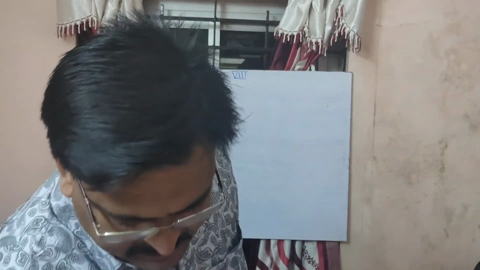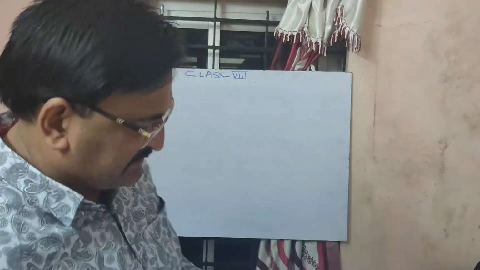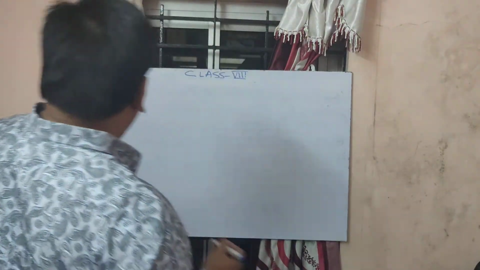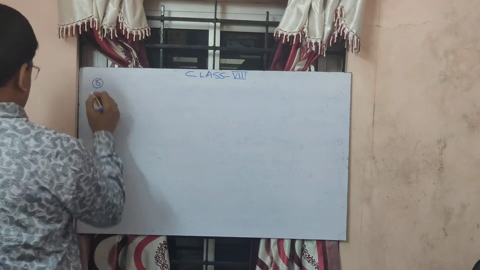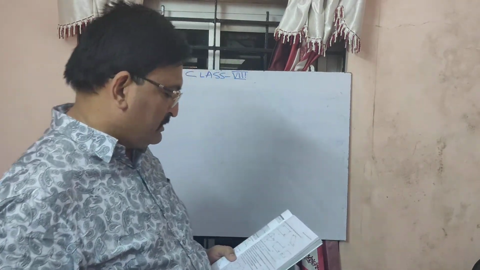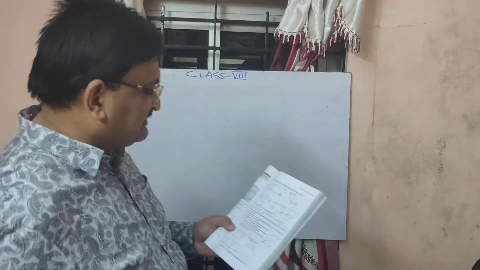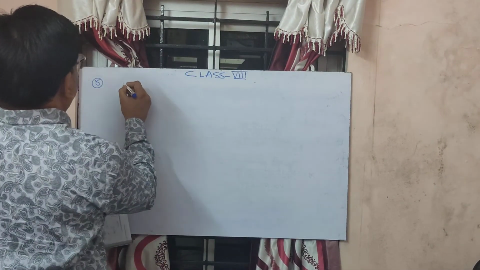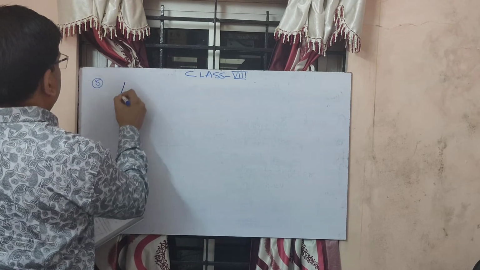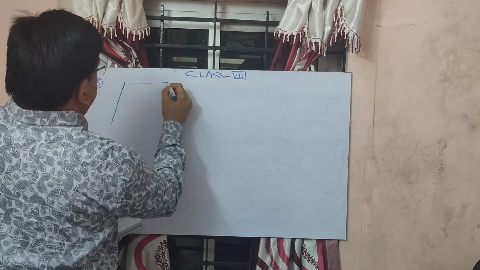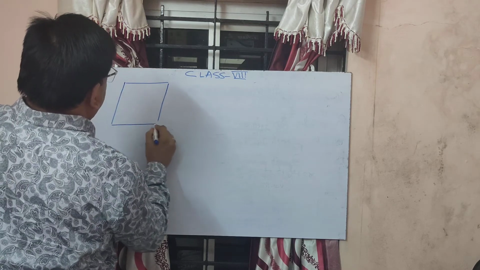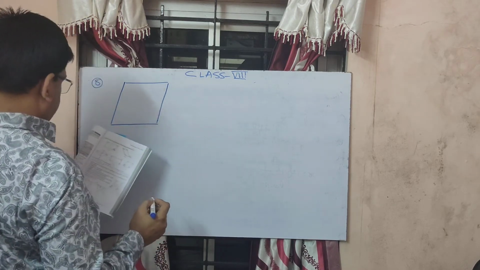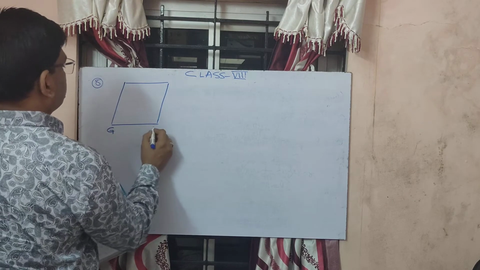Now let us solve the eighth example. There are 2 examples in the 8th. The first one: the following figures GUNS and RUNS are parallelograms. Find x and y. So let us draw the figure GUNS. Again I am going to tell you, just draw the figure using pencil and scale. GUNS.